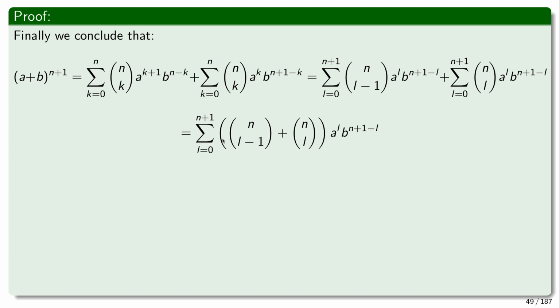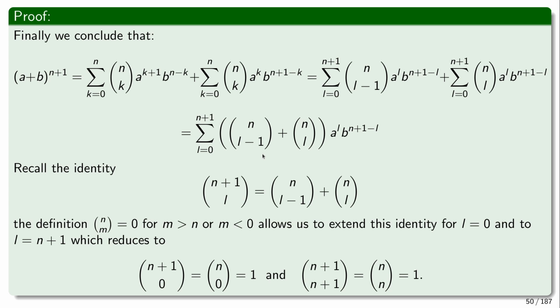And then by the property that we have already proved for the binomial coefficient, right? We already proved this identity, that this is exactly n plus 1 choose L. We gave two proofs, a direct computational proof and a combinatorial proof. So this definition becomes handy once again here, because it enables us to define it in such a way. And in addition, this definition also allows us to define n plus 1 choose. This means when we